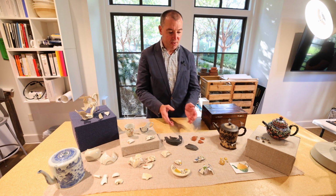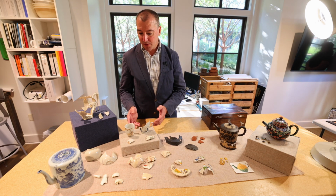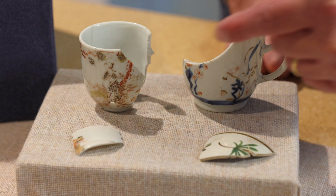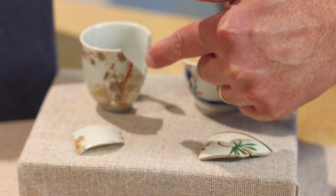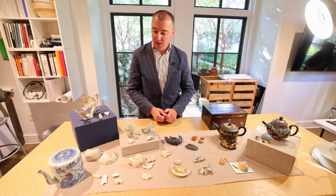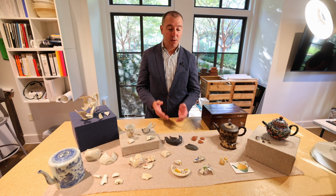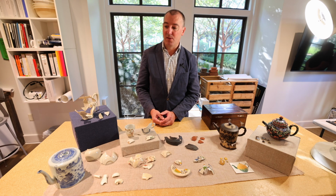Not only do we have the United Kingdom represented in the assemblage, but we also have Chinese export porcelain, which would have been coming over in the middle of the 18th century as well. And you have some very fine porcelain examples of teacups with hand-painted glazing on the outside, and we have a number of sets that are represented from that particular period that also speak to the same set. So these are large, expansive tea sets that the Drayton family have that they're using for entertaining throughout the 18th